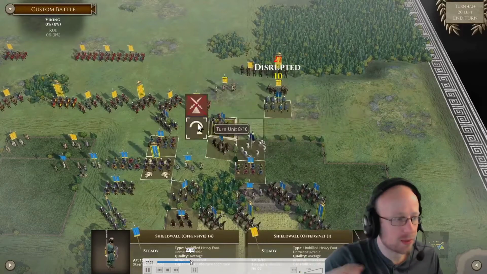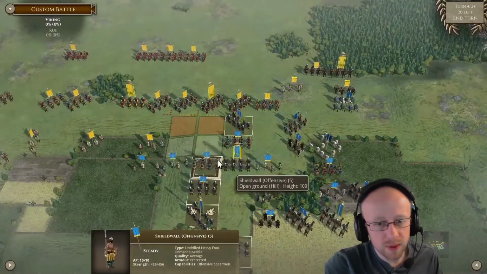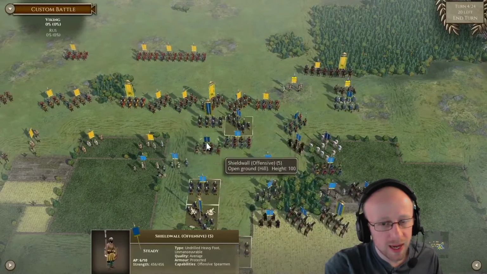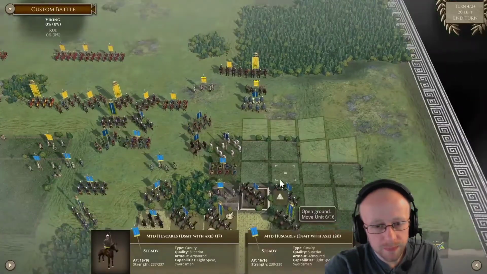This is brilliant now because we've got them stuck behind the bushes, and they're just going to get hemmed in. So this is now where we're thinking what's going to have to be chucked forward, and of course the Huscarls are going to have to be pushed forward, and then just turn that POA advantage, turn the clock. There we go, turning the